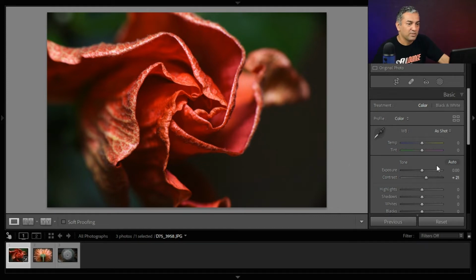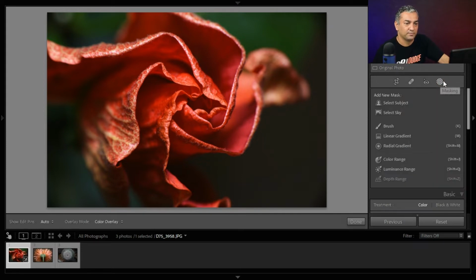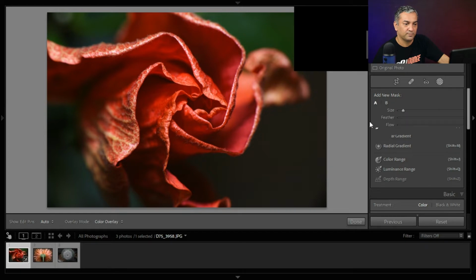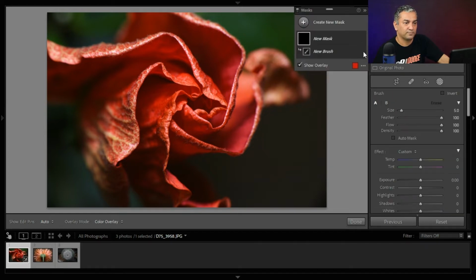And now we will work with the surroundings, and for this we are going to work with the brush tool. This is the new version of Lightroom, so you'll see a different interface, not like before. So for the brush tool, it's already a new mask selected. We need to just adjust the exposure to the minimal possible value.